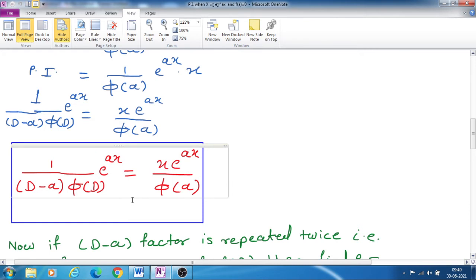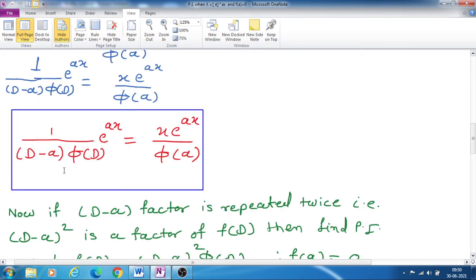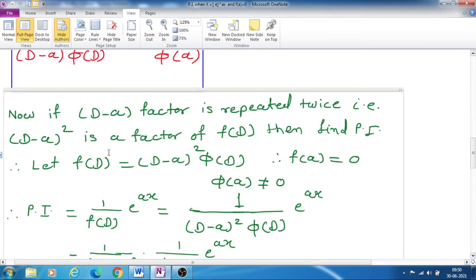So this is the result for one factor D minus a. We can write x here, and for phi D we can put D equal to a. So this is PI. Now if this D minus a factor is repeated twice, that means if there is a factor like (D minus a) squared in our f(D),